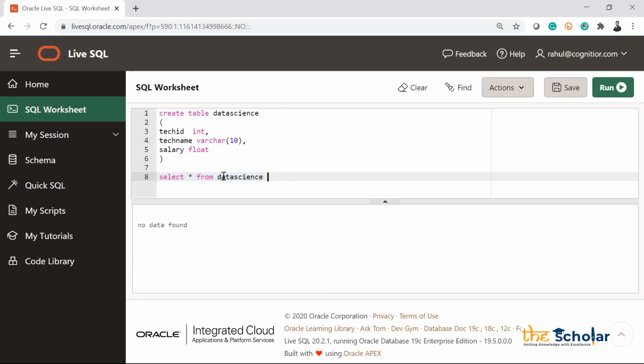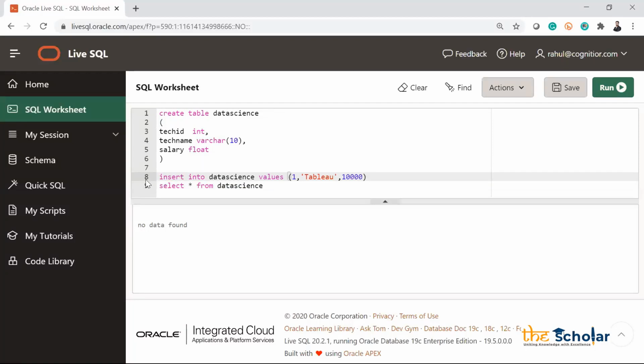Okay, if no data is available, let's try to insert some records. So what I will do, I'll write insert into data science. What do you want to insert? I want to insert values. What values? Tech ID, let's say 1, tech name, let's say Tableau, and a salary, let's say $10,000.